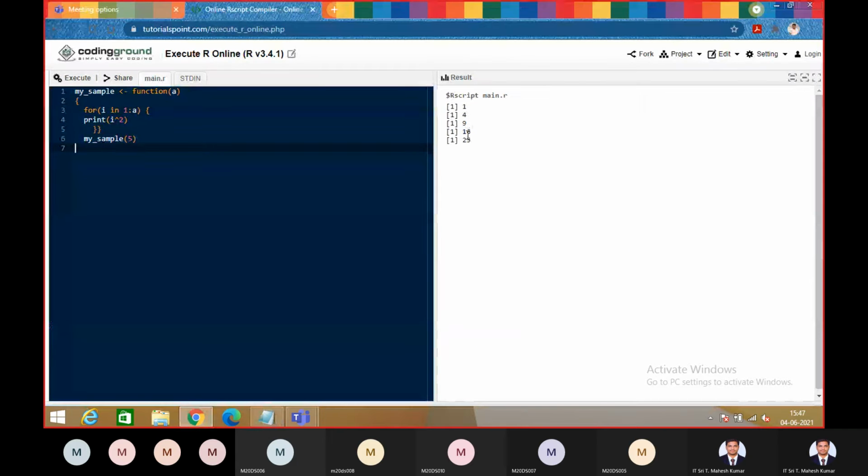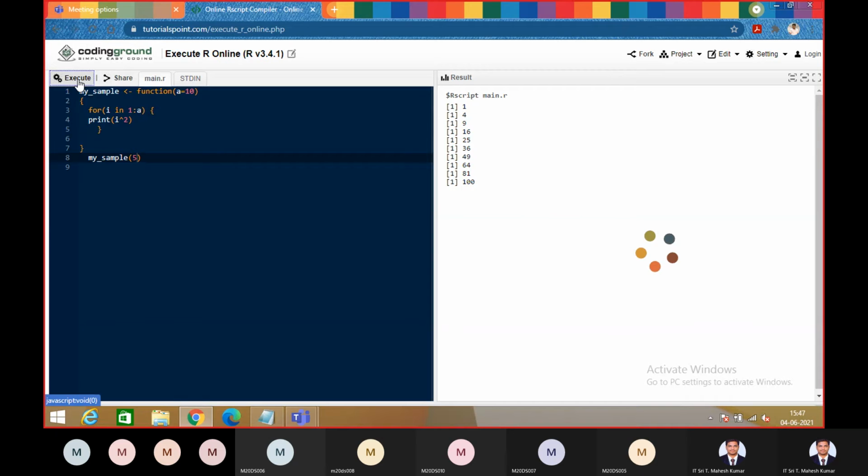Now you see here, these are some of the squares, right? Not only this, I can also give a equals to 10. When I am not passing any value, see what happened. It is going to take the default value. Now you see here, it displayed the squares from 1 to 10. If I'm sending any value, this default value is replaced with that value. Now you see it displayed only 5. So that is the difference between sending values and not sending them: the defaults are changed.